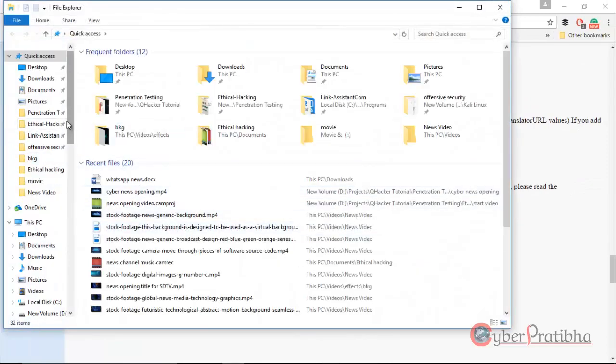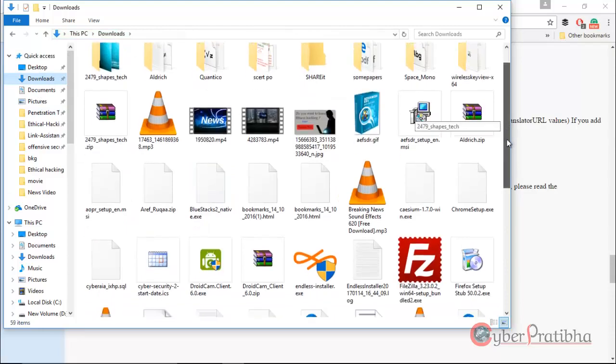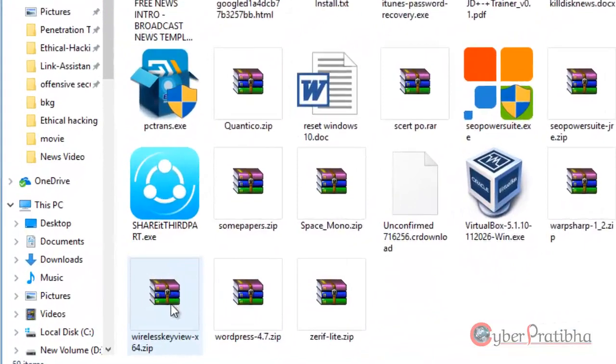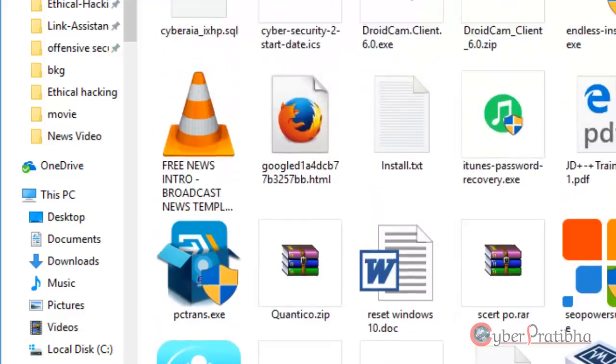I have already downloaded it, you can see there. Extract to WirelessKeyView 64-bit.